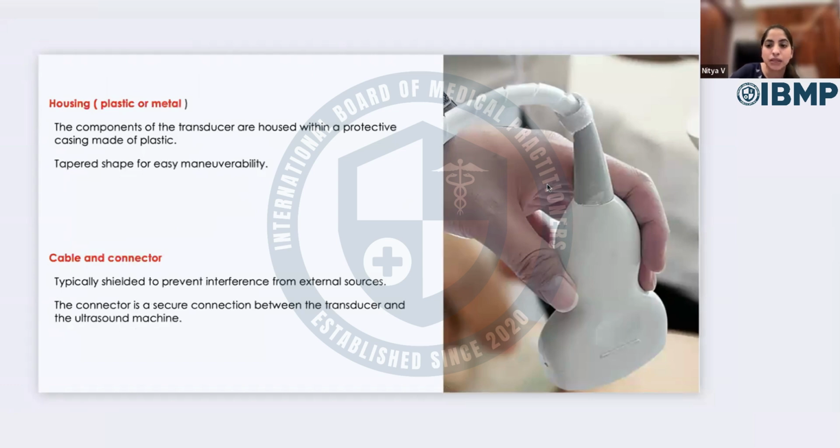All these components are housed inside the plastic material, which is the housing, which is tapered in a form that it can be easily maneuvered, so that the user can hold the probe properly. And then the cable and the connector. That is the most important thing, because that is connecting the external electrical source to the transducer, by which the transmitter is activated, which is activating the transducer. So there's a secure connection between the transducer and the ultrasound machine, which is provided by